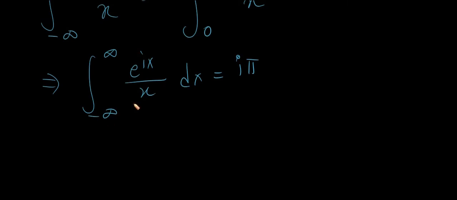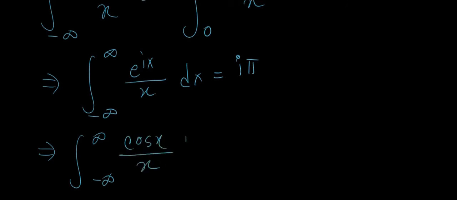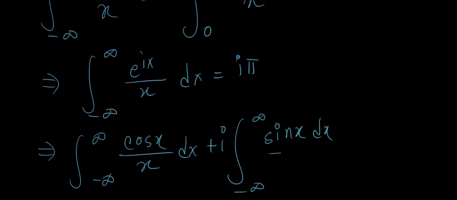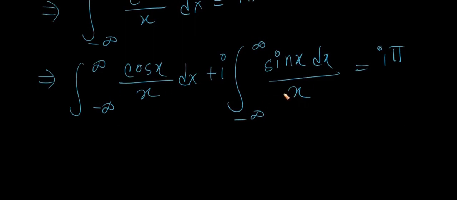However, if you decompose e to the power ix into the real and imaginary components using the Euler identity, you will have something like this: the integral from minus infinity to plus infinity of cosine x by x dx, then plus the integral from minus infinity to plus infinity, with an i over here, of sine x by x dx, and this equals i pi. So now you want to decouple the real and imaginary components. That means equating the real parts,